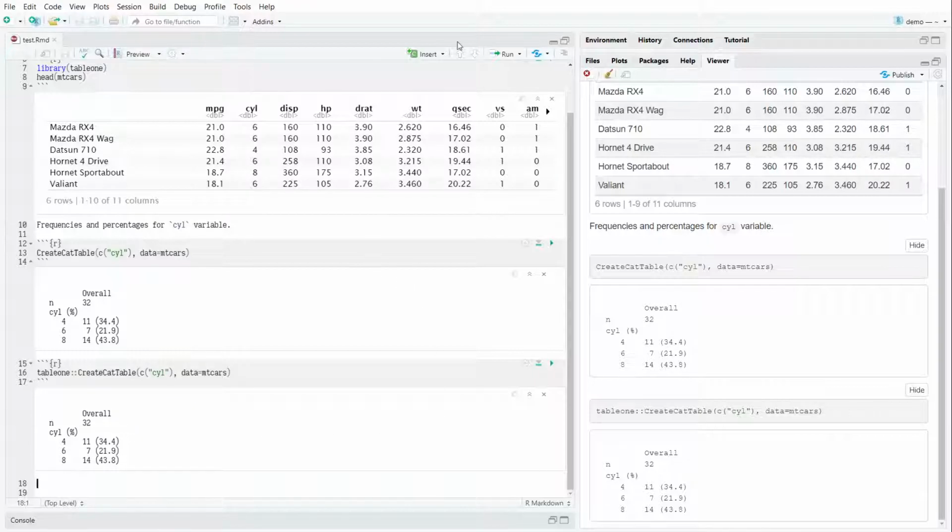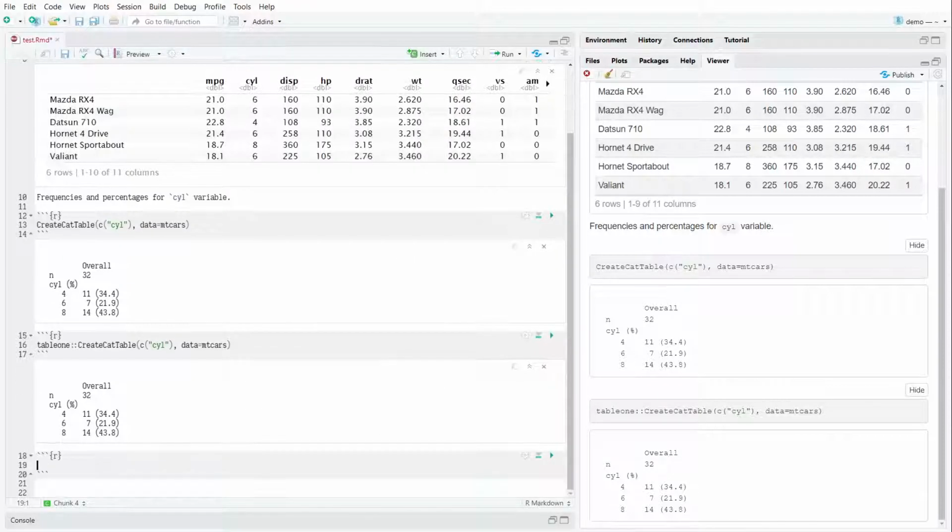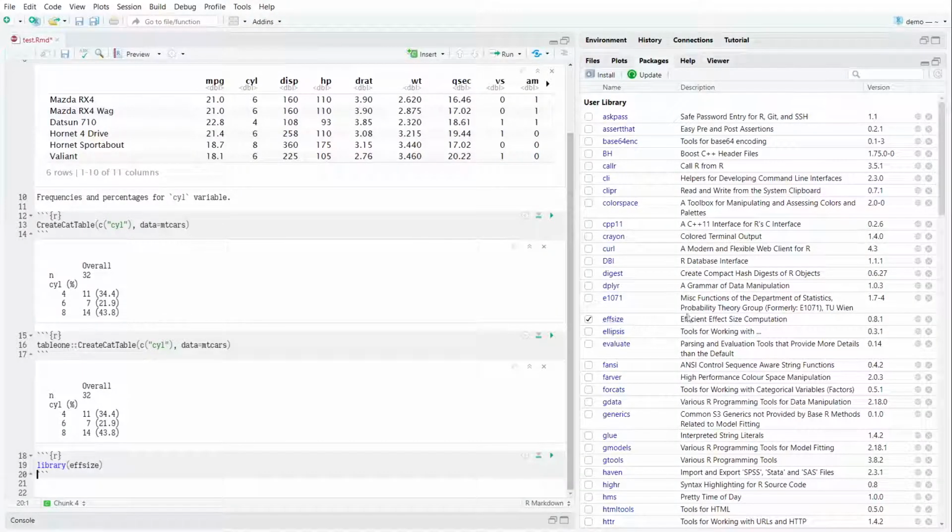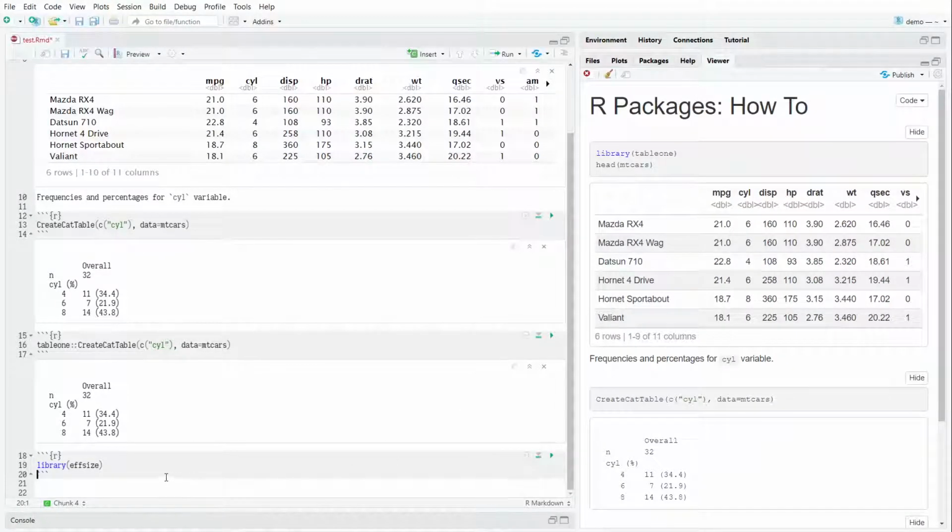So let's start a new R code chunk and say that we load the effsize library, right? And let's run it. It's Control Enter on Windows or Command Enter on Mac. So the effsize library is installed. If we try to load the psych package,